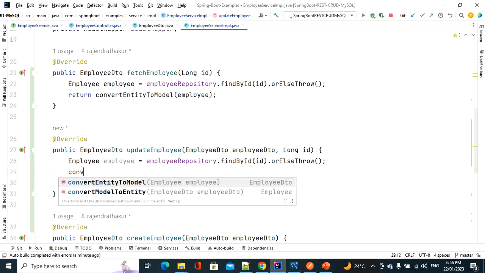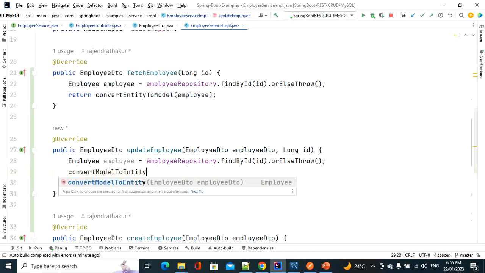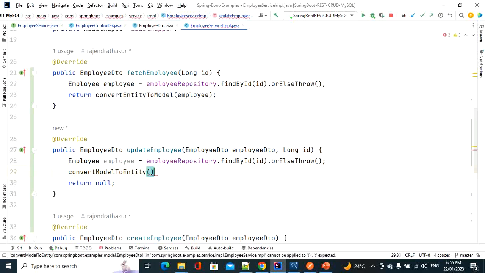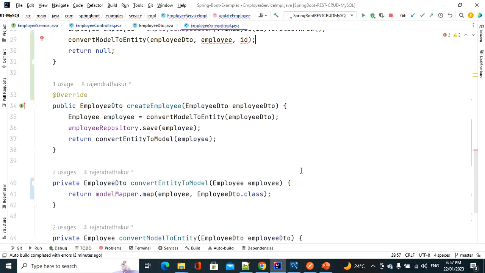So we need to convert model to entity. Of course, we already have this method. Now what I'm doing is overloading this method with different method parameters. What I'm passing is employee DTO, comma, employee, comma, ID. So here, what it will do is create